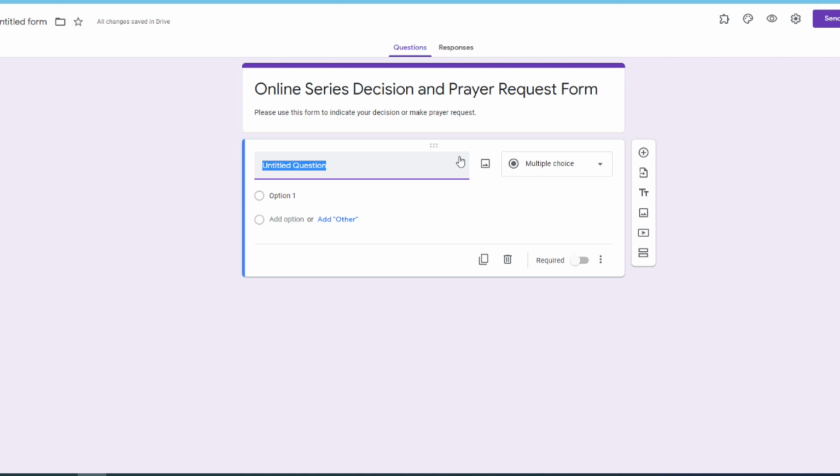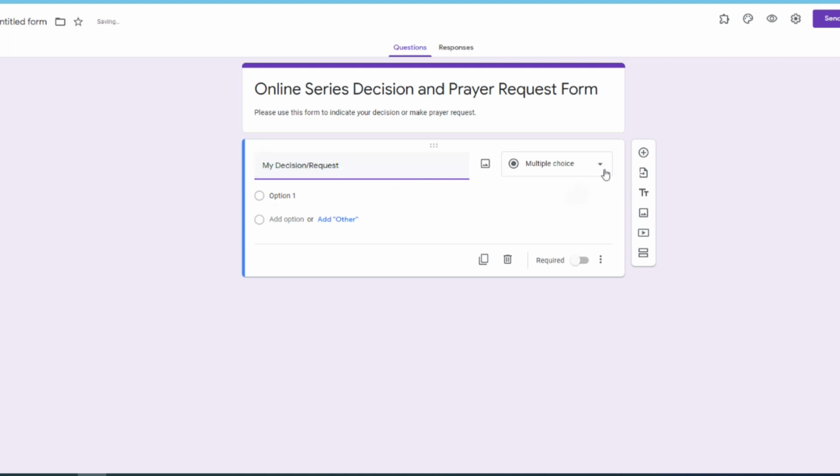You can always make this a one-page form, or you can make it into multiple pages, whichever you choose. I'm going to start with a one-page form, and the first question I'm going to add is for the person to indicate their decision or request. So I could say my decision / request,